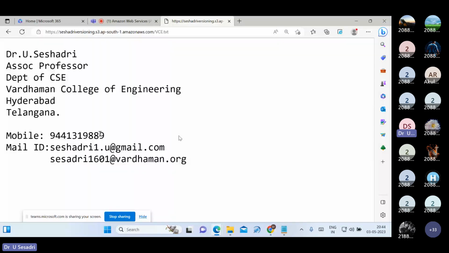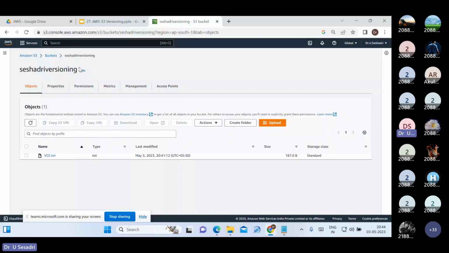See here, this is the information. Till now, I am creating the bucket and uploading the object. What is the notepad name I have given? VCE, I have given. Now, what happened is,